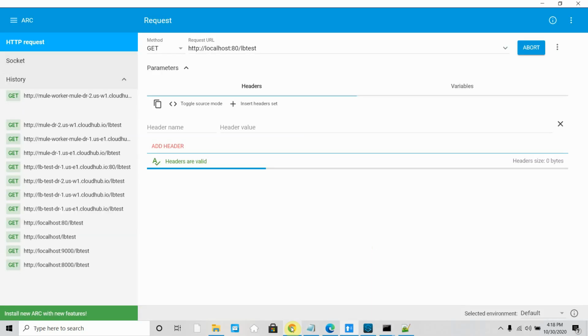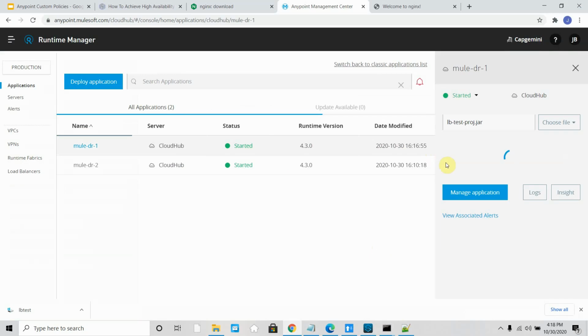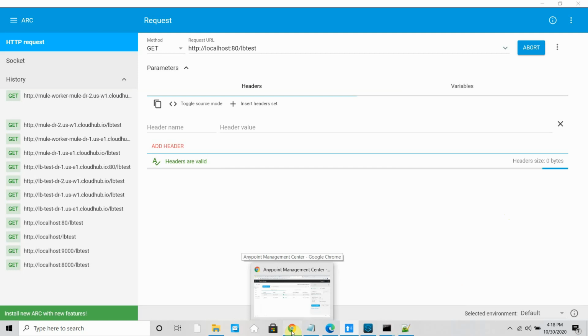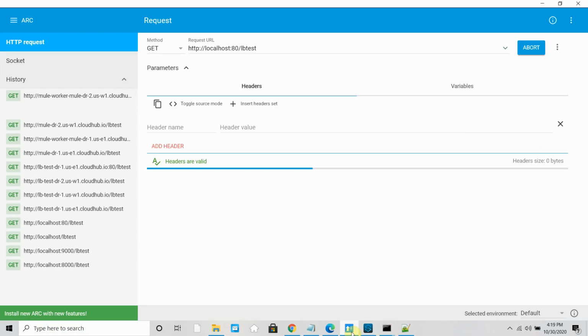Let's wait. You can set up any kind of load balancer, whatever you want. Let me abort and send it once again. Region 2. Let's wait, guys, till we get the response. Generally it doesn't take that much time. It also depends on your internet connection.